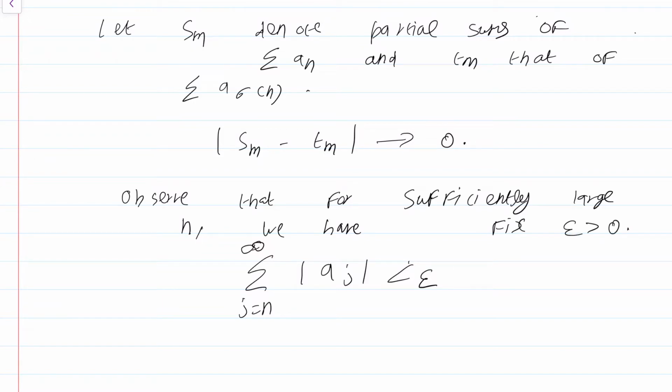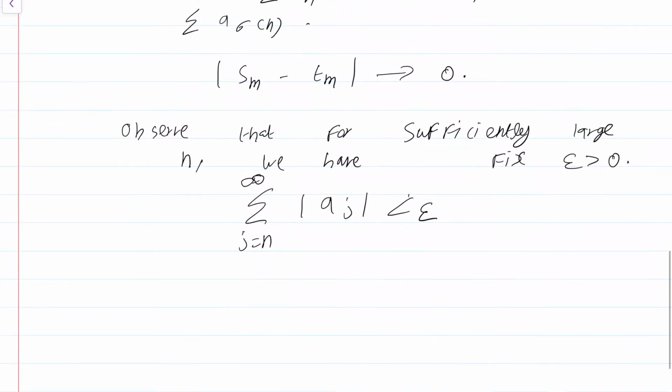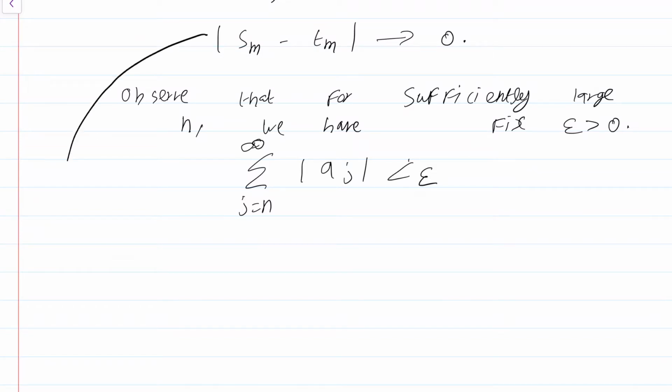Given any epsilon, for suitably large n, the series summation j equal to n to infinity mod Aj will be less than epsilon. This is just rephrasing the fact that the series of absolute values must converge, because that is there in the hypothesis. Now, you look at this mod Sm minus Tm, then for suitably large m,